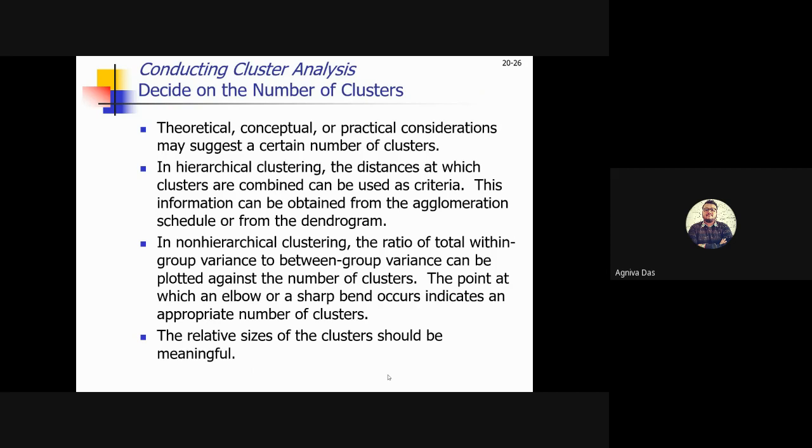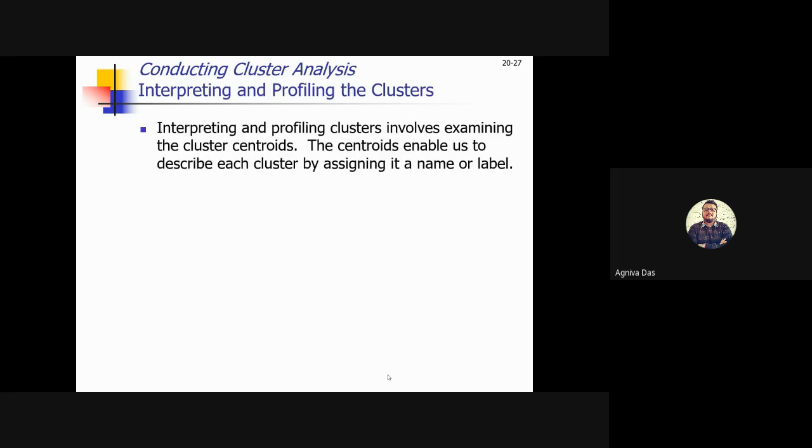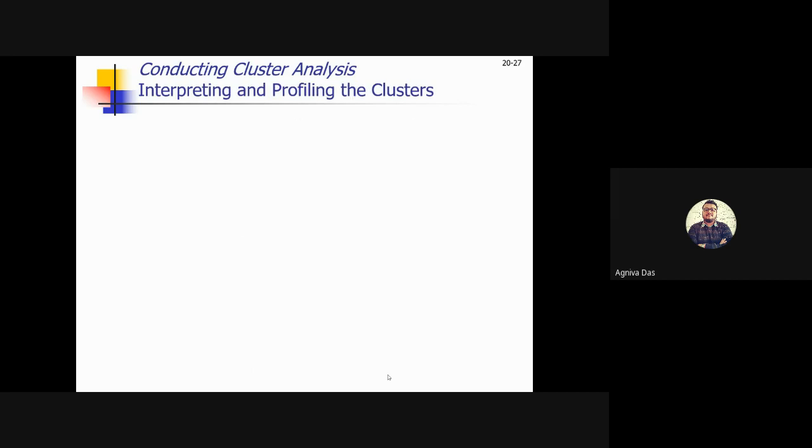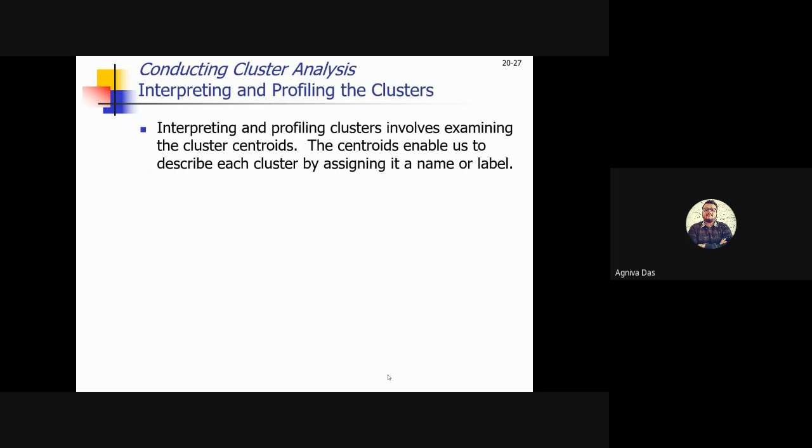If you don't do it, better keep the data in shape. By keep in shape, I mean keep the data set in shape. It means that basically do not allow one variable to have very high variance and the others to have low variance. So that's it. Now, for interpreting and profiling the clusters, we need to examine the cluster centroids, how far